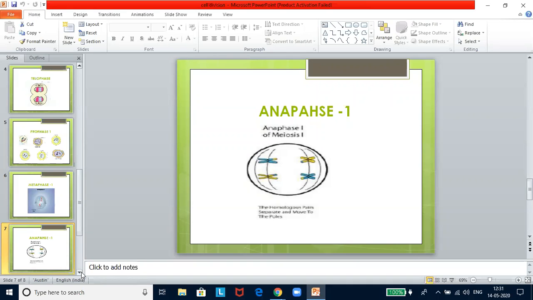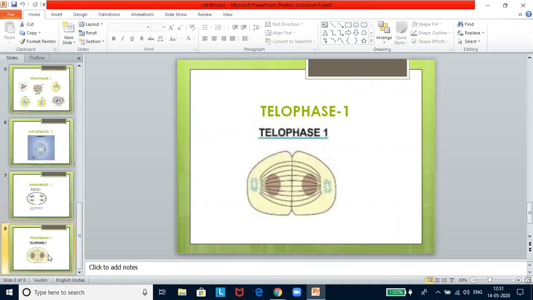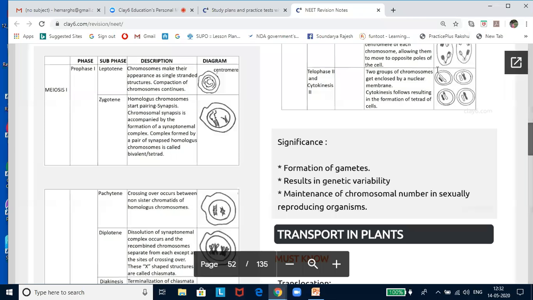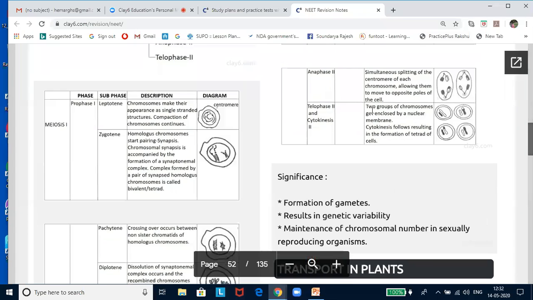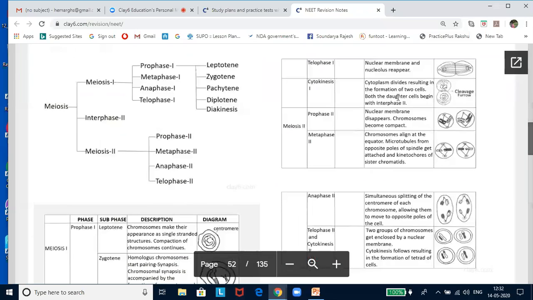Now at the end of anaphase, they would have reached the poles, and this is telophase 1. It is almost identical to the telophase of mitosis, except that each set of chromosomes at the poles is now haploid. Chromosomes appear thread-like. Asters and spindle fibers will disappear. Nucleolus reappears, and nuclear membrane is formed around each set of chromosomes. Now this marks the end of telophase 1, or karyokinesis. Then, as we have seen, after karyokinesis it undergoes a brief interphase and then gets into meiosis 2.